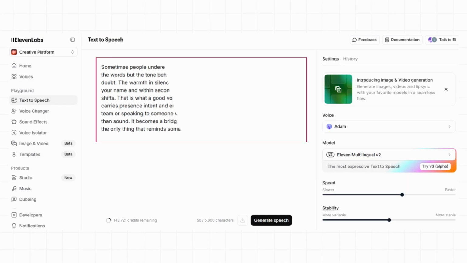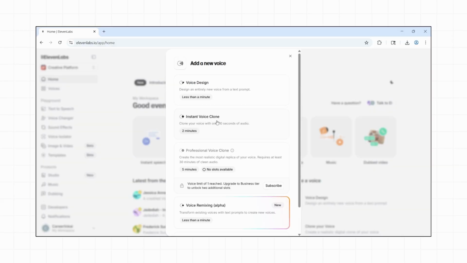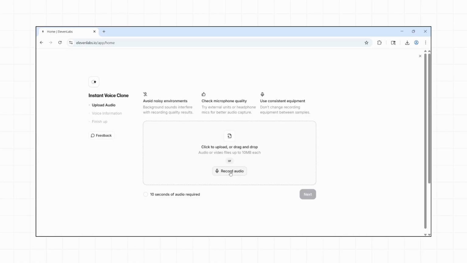On the ElevenLabs screen, you can create a new voice from a text prompt, clone your voice, or explore different famous voice collections. For this demo, I just want my own AI copy, so I'm going to clone my voice. All you need is a microphone, and you can even do this on your phone. I'll record myself speaking naturally for a short time. It doesn't need the full 30 seconds. Around 10 seconds or more is enough to create your voice clone, though longer recordings give better results.